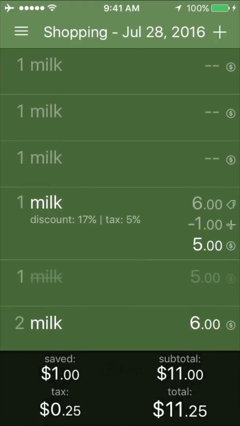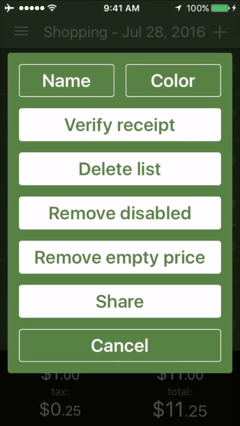I previously mentioned the shake option. Well, shaking your device, and I'm doing it now even if you cannot see, will make a contextual menu appear. The first 2 buttons let you change the name of the list and its color. Yes, because no matter the color you have chosen for the app interface, you can force a list to have a fixed color too. Let's make this pink and go to the list to check.